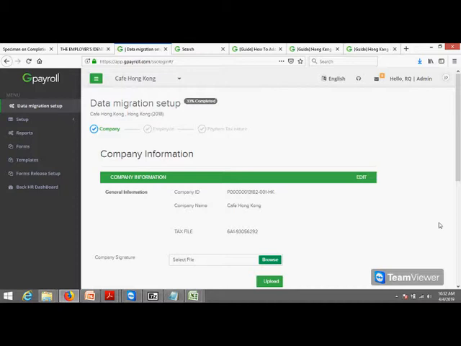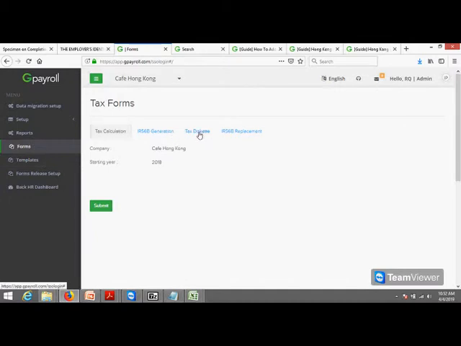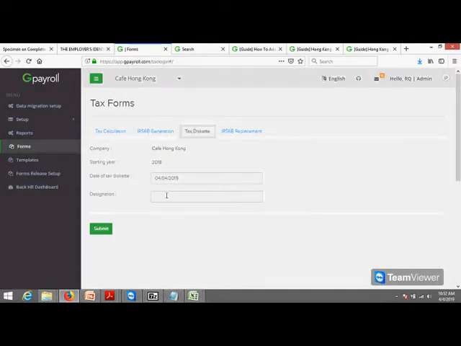The IR56B form in PDF can be sent to the employees, but you cannot use that form to submit to IRD. If you need to submit it to IRD, you can either use the form issued by IRD and fill up the hard copy, or you can save the TXT file generated from our software. To generate the TXT file,